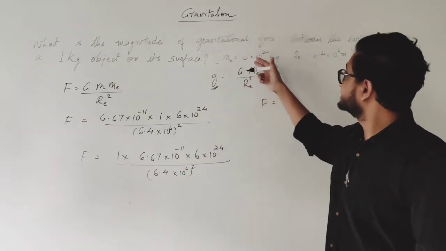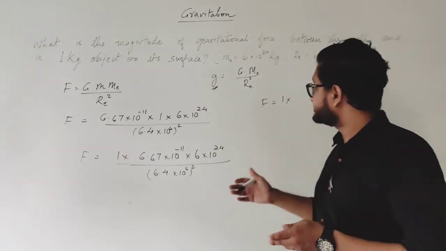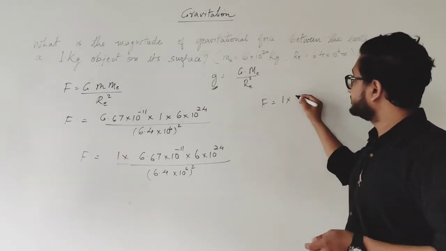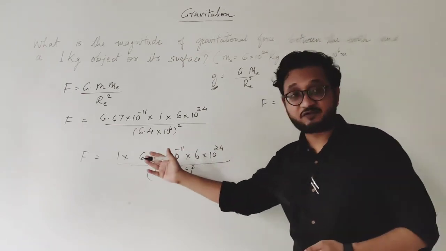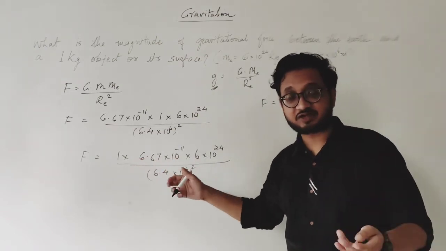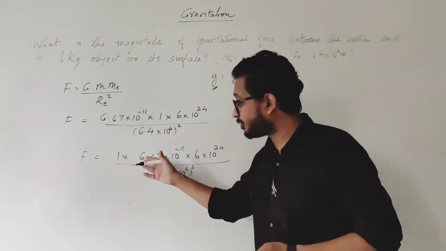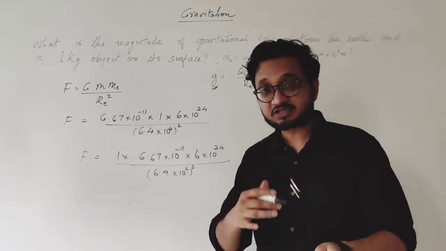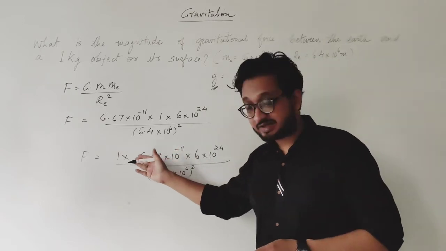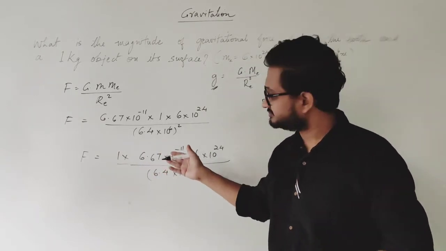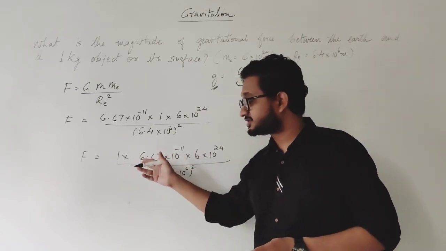However, when this is given in the numerical, you will have to solve it step by step and show the calculation. Once you are done over here, write this 1 into 9.77 or 9.78, whatever answer that you are getting. If you have taken the value of 6.67 or 6.7, you might be getting a little bit different answer, because the gravitational constant can also be taken as 6.7, because 67 is approximately equal to 70, and when we write 70 over here, that 0 is after the decimal point, so you can neglect it and write just 6.7. So the gravitational constant can also be taken as 6.7 and 6.67. This is much more accurate.